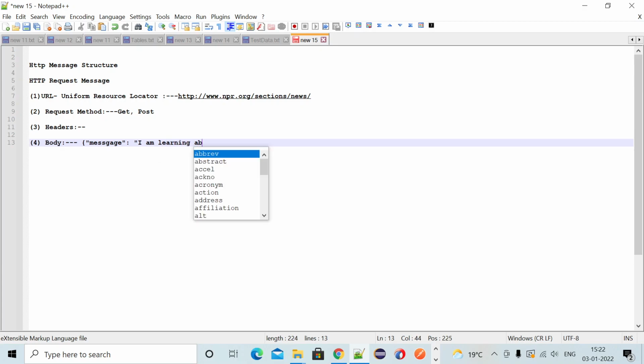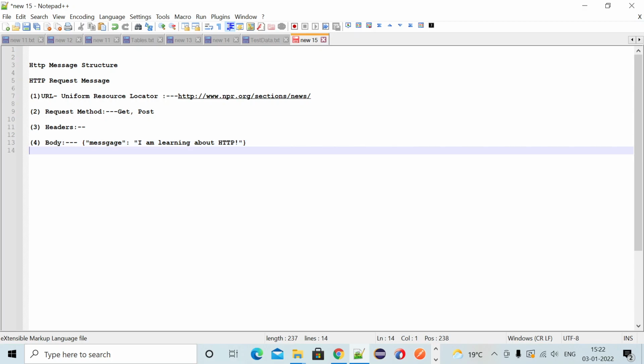Learning about HTTP, or something you can write. This is the main information that you are providing. Or in Facebook you are writing something in the post like, "Hi guys, good morning to everyone," like that. So this is the main information that you are providing or posting into Facebook. So this is the body.